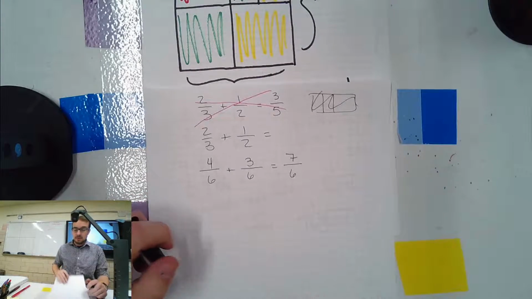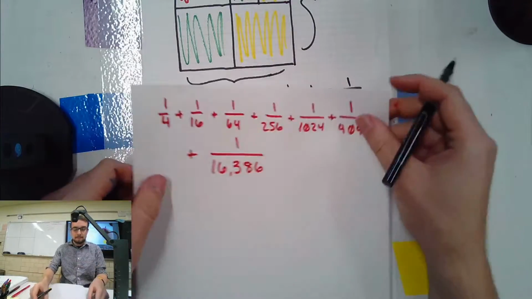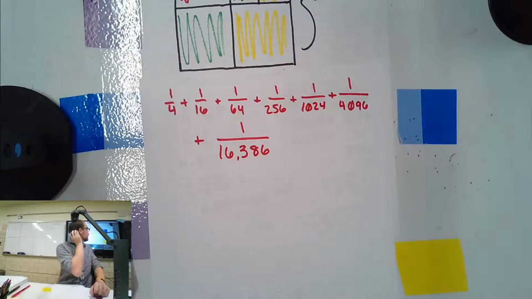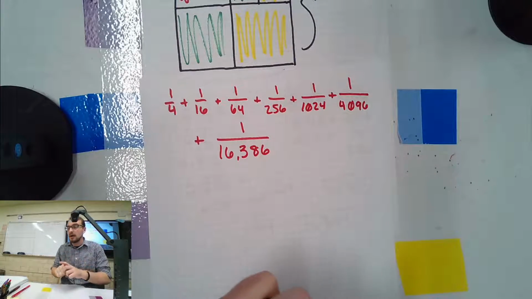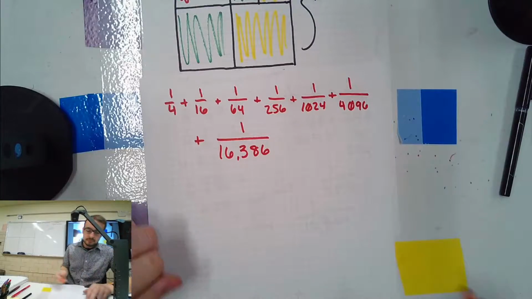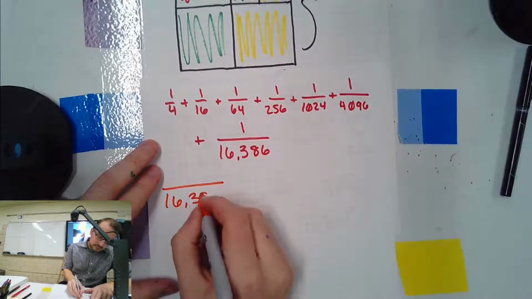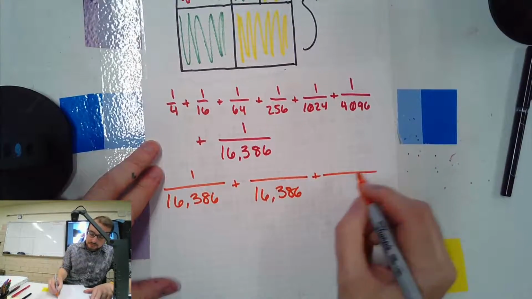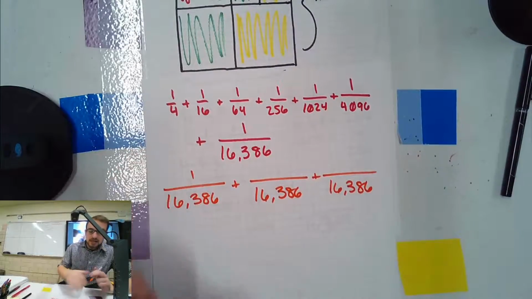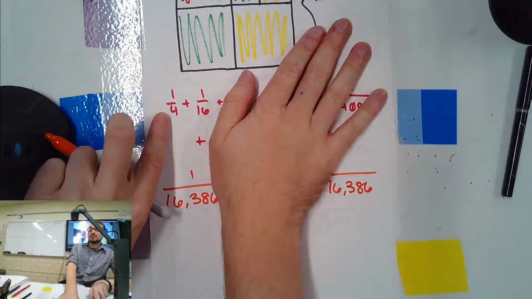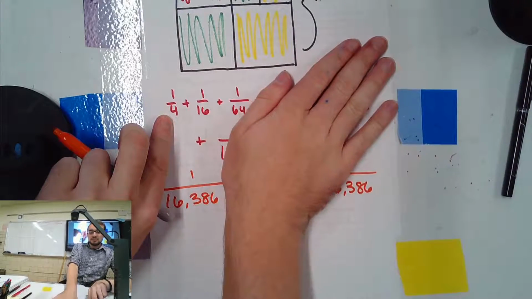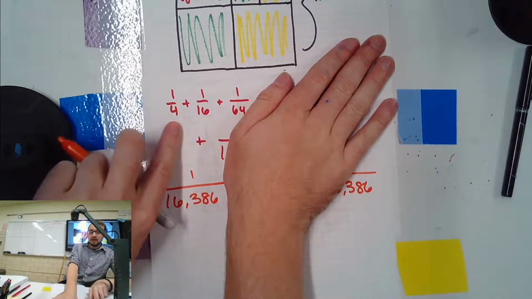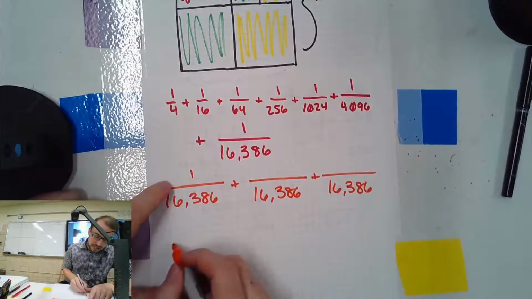How do we add these guys up? No. Because that won't tell you anything. It'll give you a decimal, and you won't know what that means. You barely know what fractions mean. So when we add them up, they're all going to be out of 16,386. That's our common denominator. If I had a quarter plus a 16th, you'd be asking how many 16ths are in a quarter, right? So they're all going to be out of this.